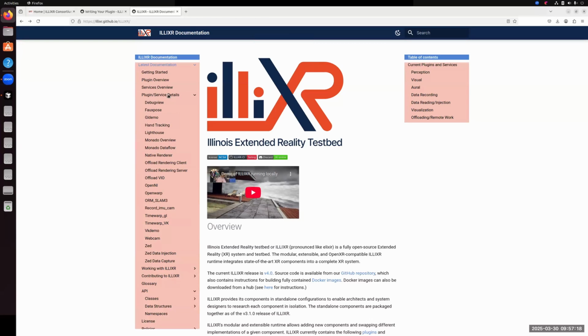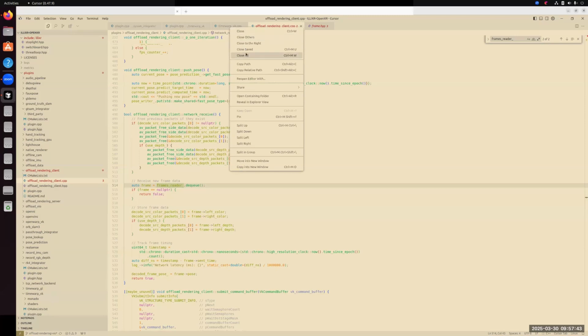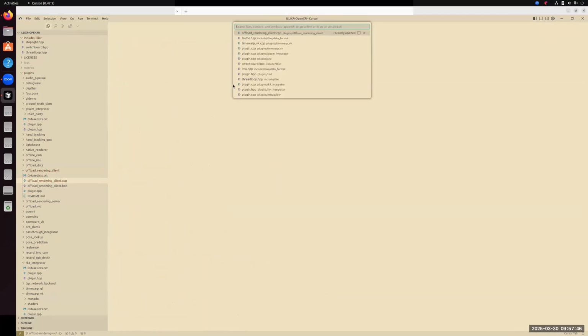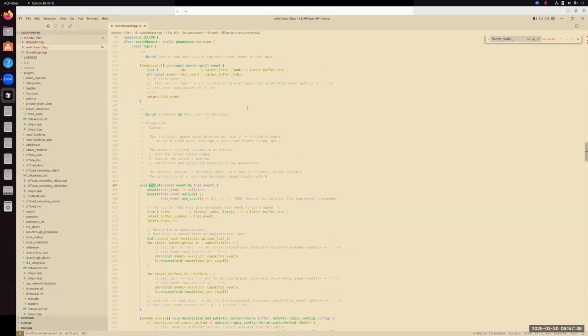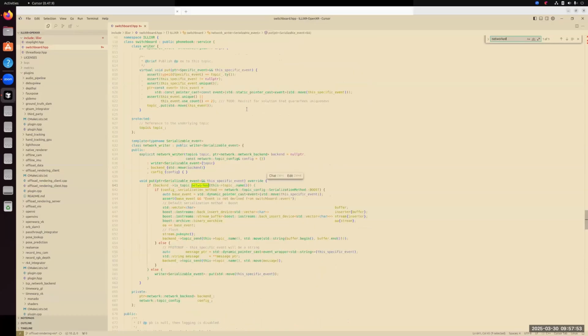And for networked applications, we created infrastructure for you to leverage this topics framework to pass around your data among multiple devices, which is coming in the future, but for now, pass around data between clients and servers using ILLIXR. So let's take a look at how this works. First, I'd like to show you the API interface for getting a network writer.